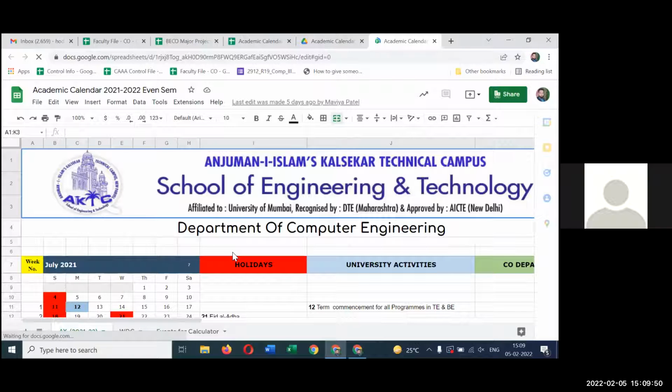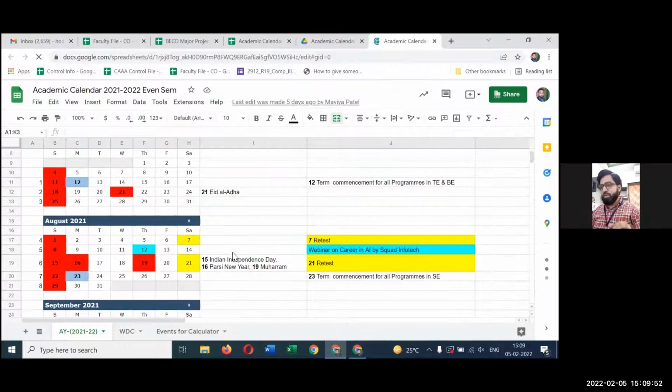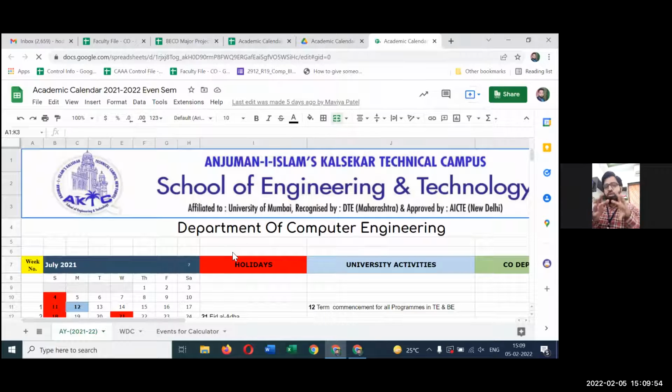What is important is that whenever we maintain data at a central repository, a central location, there are a few important things we need to keep in mind. We need to keep in mind who will edit it and who will access it, I mean who will view it.